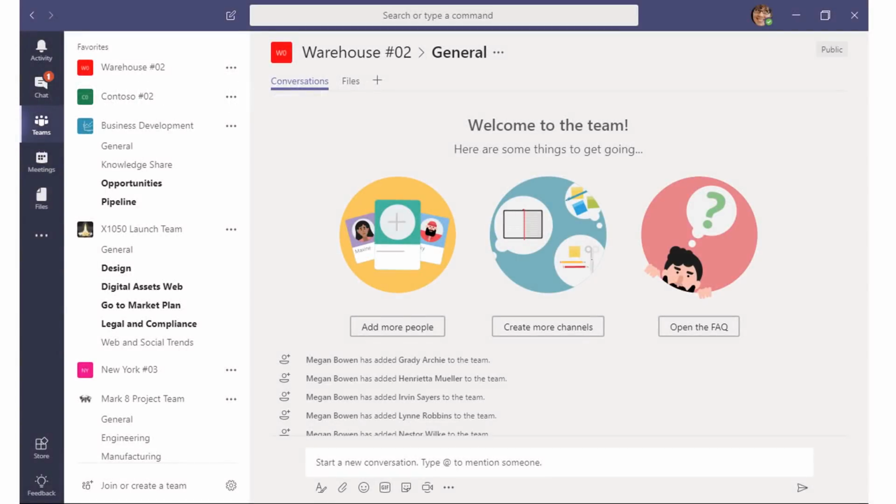Let's take a look at meetings in action. Here you can see Megan's Teams client. And this is just a regular Teams client, so she just started Teams, looks at her channel, sees some information. But as you can see here, on the left rail, there's this meeting button. Once she clicks on the meetings button,